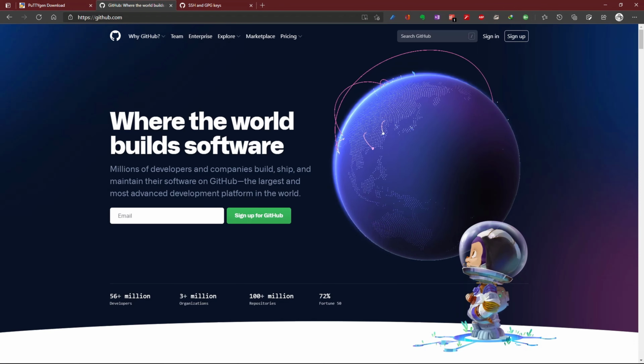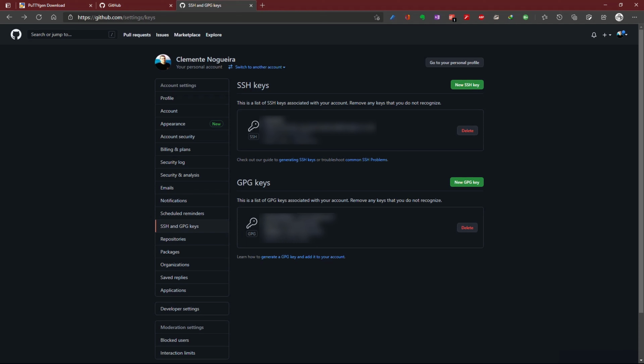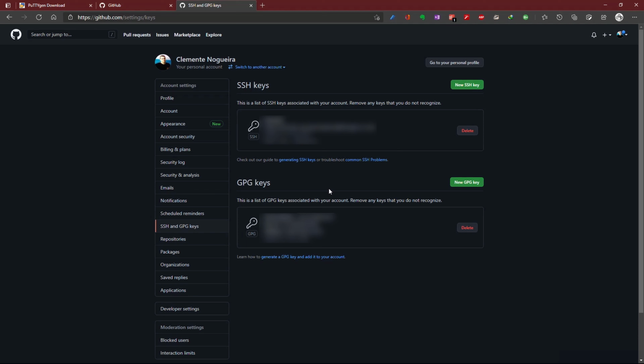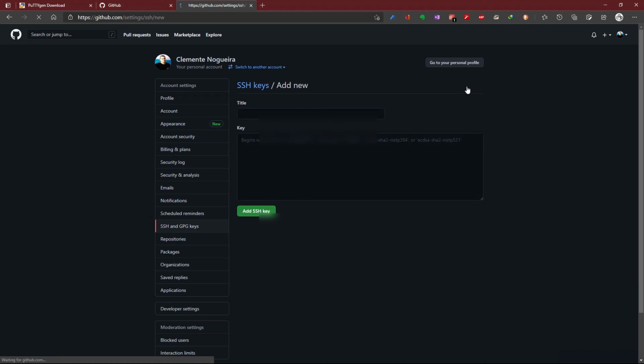After we sign into our GitHub account, we go to account settings and choose SSH and GPG keys. Okay. Then we choose new SSH key.